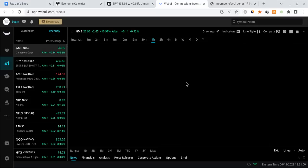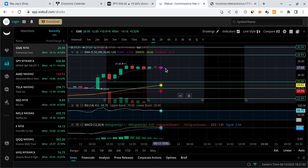For GME, all right, I'm just going to go over a couple of these quickly. If the Fed pumps the markets with the pause, GME is going to make its way closer to, I would say, $30 or so, since we're starting to see a lot of money transitioning from the tech sector into the Russell 2000, into many of these mid cap stocks and even some small caps. So the rotation in the current cycle is helping GME. This could help GME hit $30. If you get a rug pull, it's going to come all the way back down to 25,